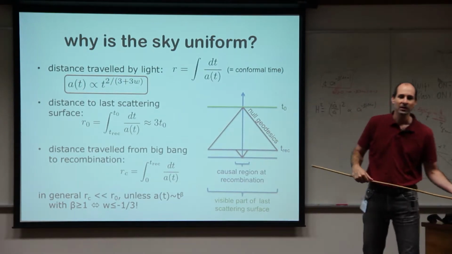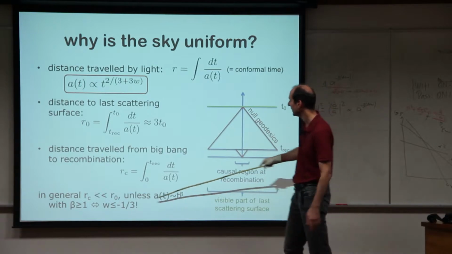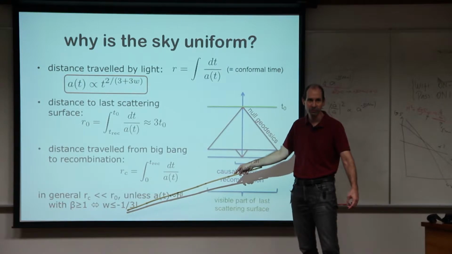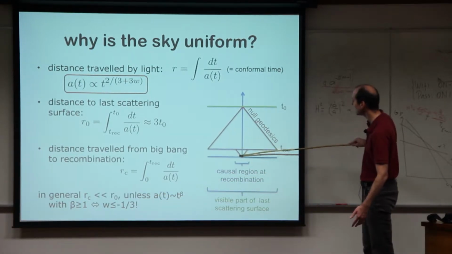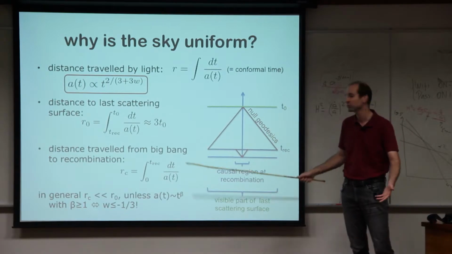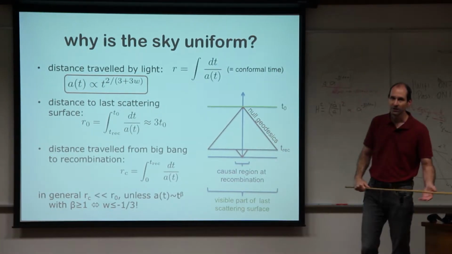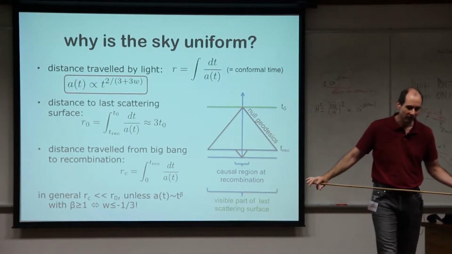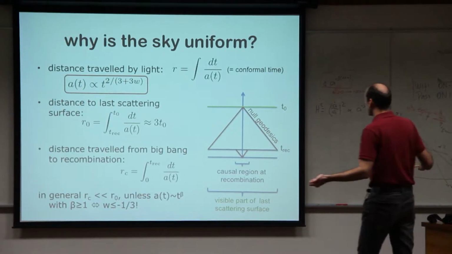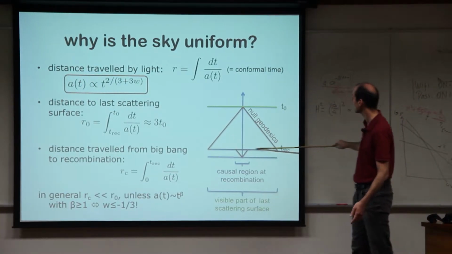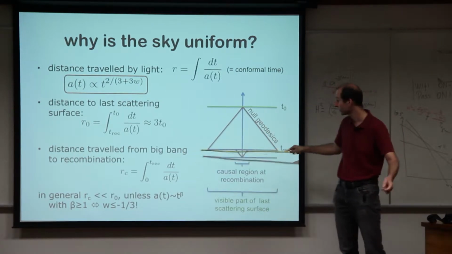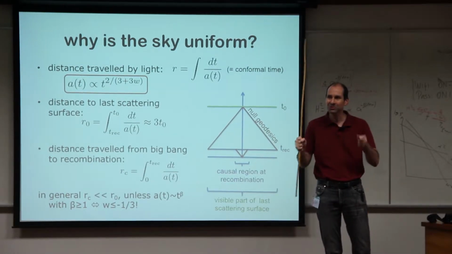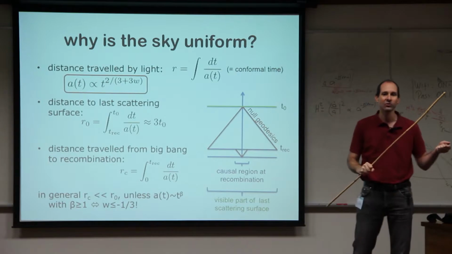But if the universe is filled with something funny that has a negative pressure, and the condition is exactly the same, so that the expansion is accelerating, then this can become arbitrarily large, and so you don't have any problem with this. So you can say, well, why do I care whether the sky is uniform? Isn't that just also initial conditions? It's actually a bit more, because we actually see correlations in the cosmic microwave background over this distance. And so to make correlations over this distance, you need them to be in causal contact.